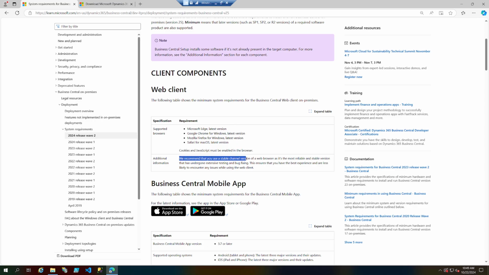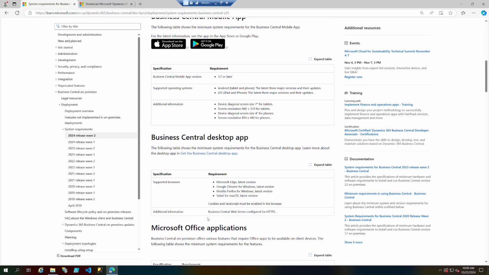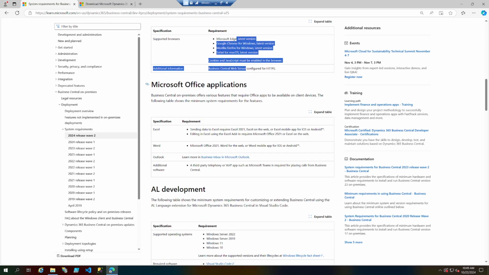Microsoft recommends you use a stable channel version of a web browser so that you have no issues. We're not going to do the mobile app, but if you're going to do it, you can read about it. There's a desktop app that you can also install that requires the same components, more or less. Office application, if you're doing export to Excel, send to Excel, edit in Excel and things like that, or Word